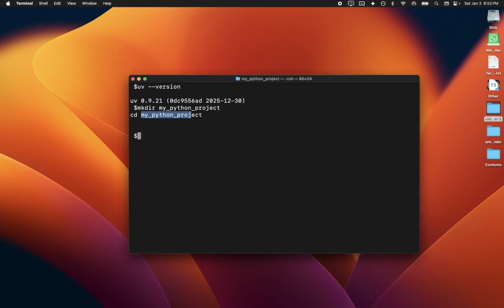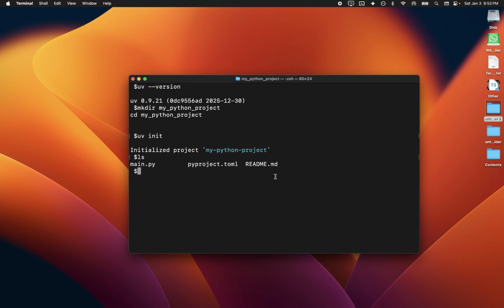So we are going to initialize a virtual environment. And like I said before, all we need is the simple UV tool, which we have already installed. So what we need to do is we need to initialize this project by running this uv init. So this is an empty folder. So when we run the uv init, it's going to